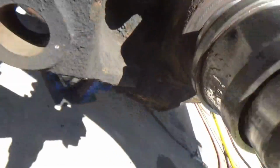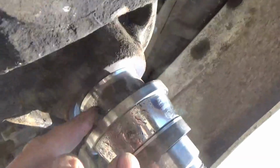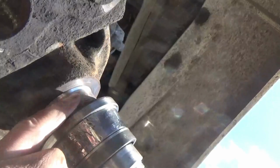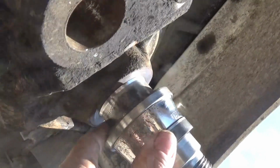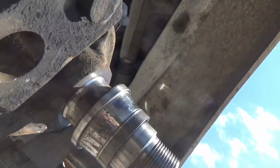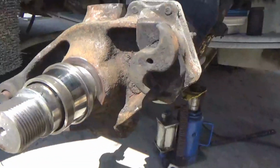And I'm not sure, but we might have some scarring on the spindle itself on the bottom here. I'm not sure yet if that comes off or if that's scarring on the spindle. But I can't really see it that good. Anyway,